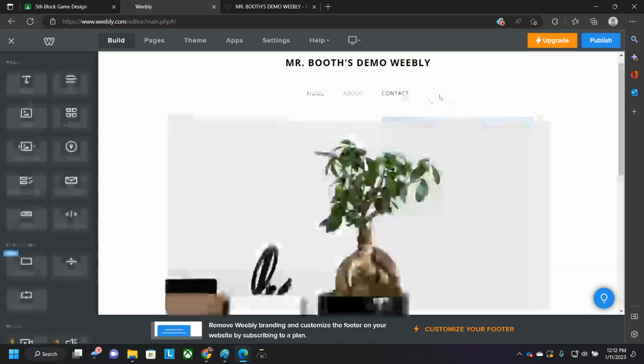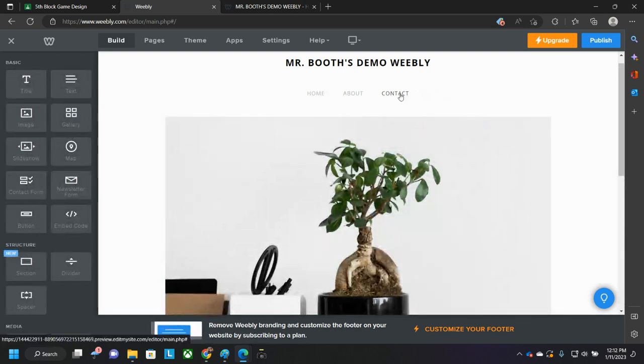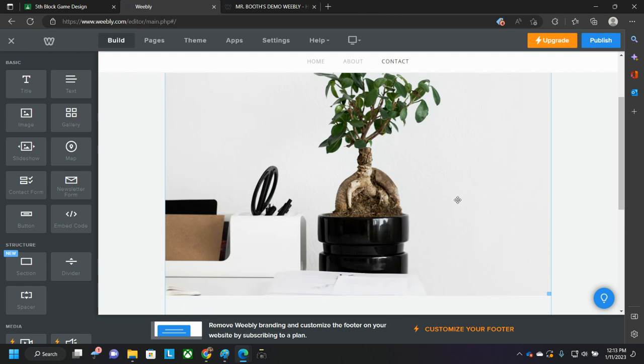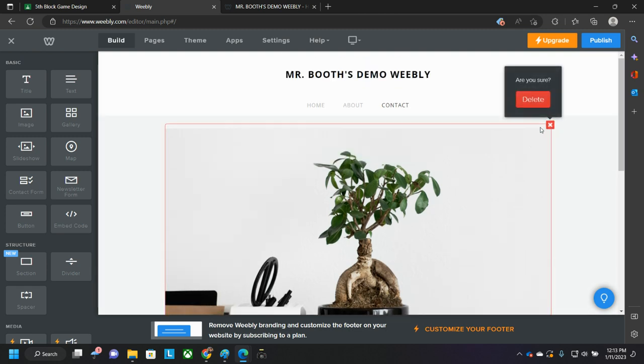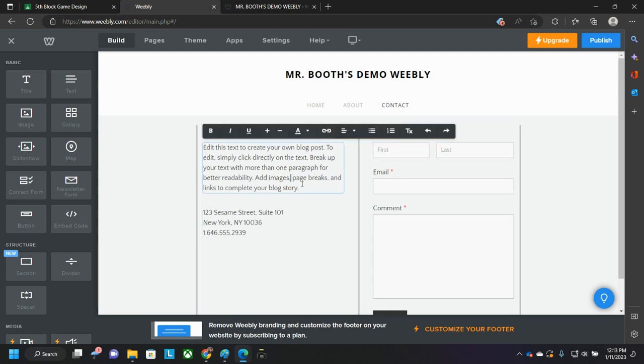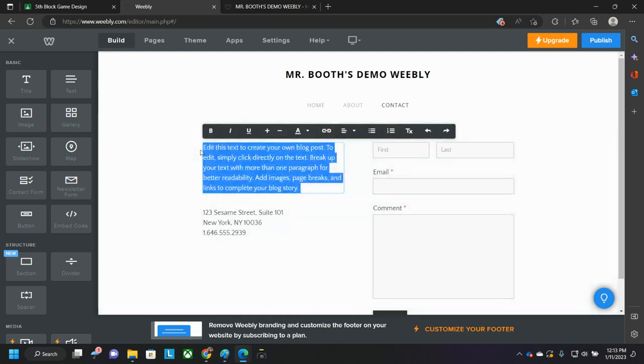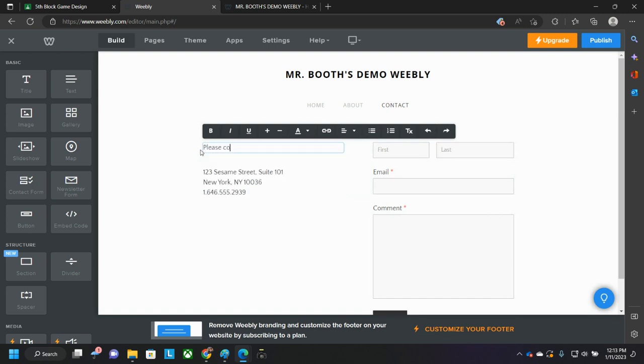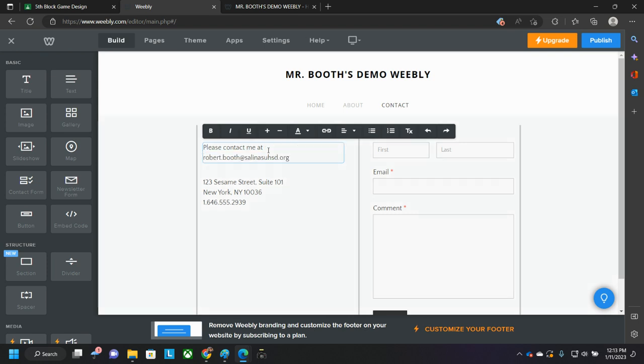The other page I'm going to work on is the contact page. On the contact page, I want to get rid of this picture. These stock images, we're not going to keep any of these stock images. And let's see, on the contact page, I'm going to change this paragraph right here. I'm going to change it to my email address. Please contact me at